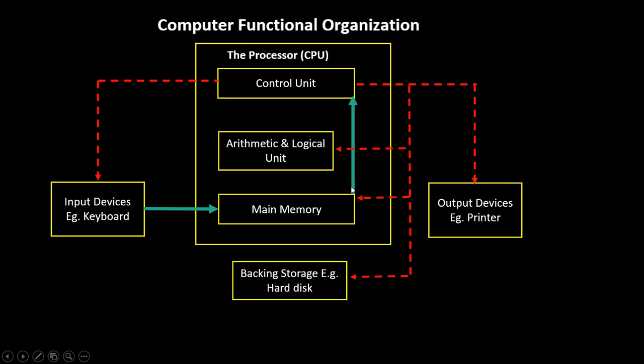So that's the reason there is an arrow pointing from main memory to control unit. Why? Because when the instructions are entered to main memory, those instructions require interpretation. The device in charge of interpretation is the control unit, and after making interpretation, it will issue commands to the appropriate device, because depending on what is to be done,